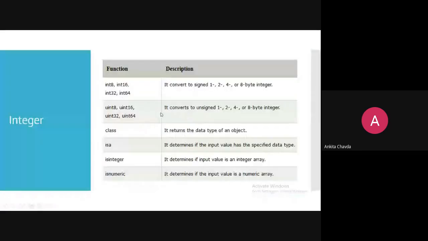Then isa. It will determine if your input value has the specified data type or not. So you can mention isa float data type or not, isa this data type or not, or that data type or not, and so on. If it is integer, you are determining whether the input value is integer or not.